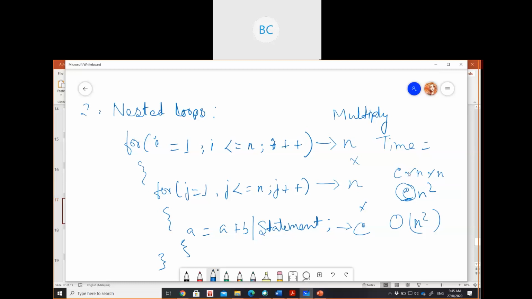Then if you have a nested loop, like when we get this nested loop, if you remember from the previous class, can you give an example? Nested for loop, when we use this one, for which program? You guys did this program and you also did it in exam 2. When we use nested for loops, using one for loop, what can you calculate? One for loop is for arrays, right? Then list.